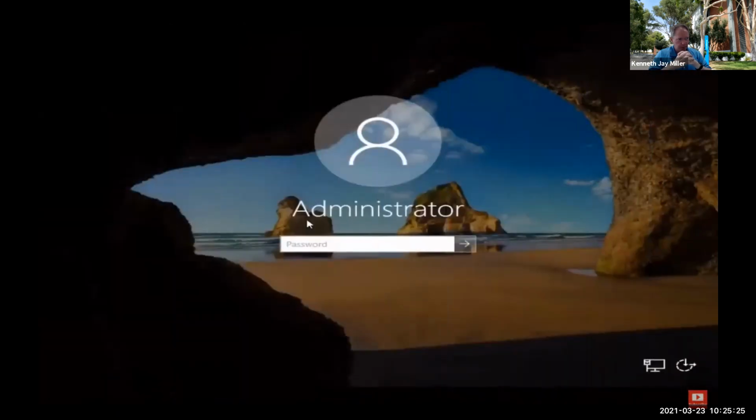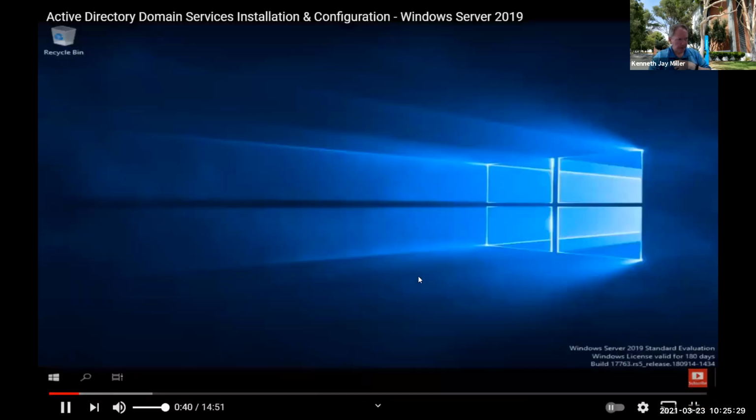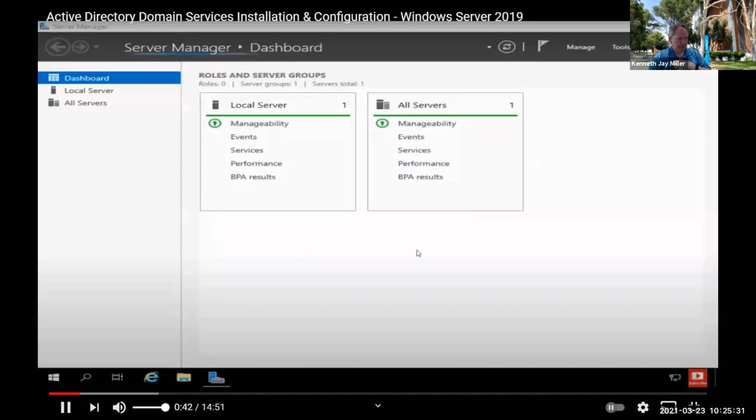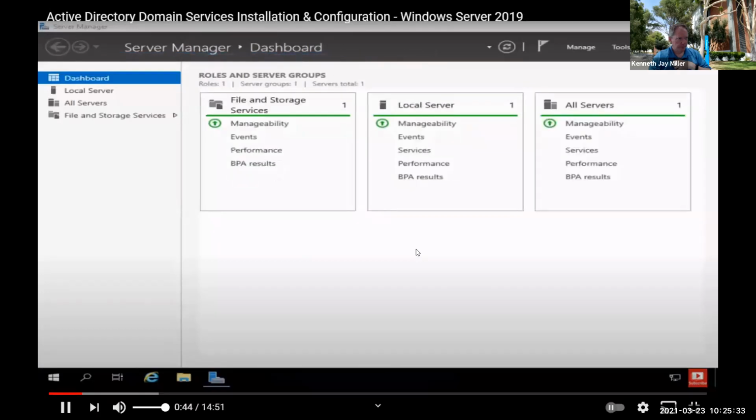Okay, so let's begin by logging onto the server. Now this server, by the way, is a standalone server, and all I've done is install Microsoft Windows Server 2019 and a few updates, and that's pretty much it. Now, before we begin, we need to create a clone of the WinServer parent and rename it to